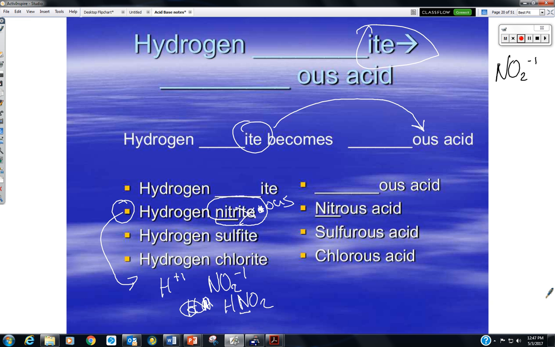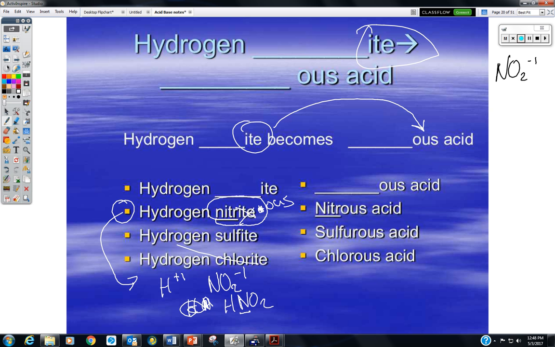And so in this case, it is nitrogen in the center, so nitrogen becomes nitrous, and so on. Alright, so just real quick going back,